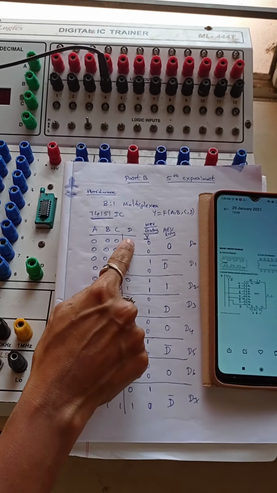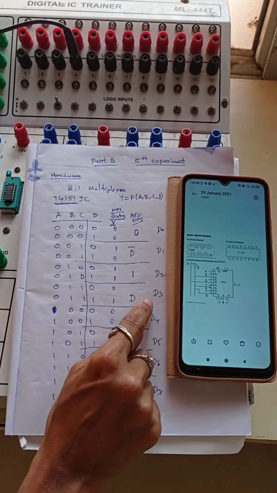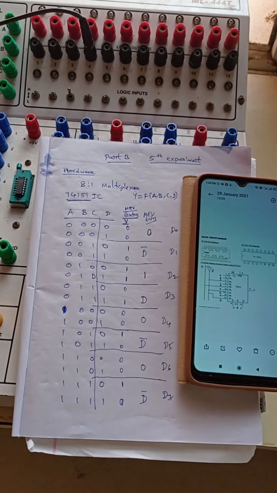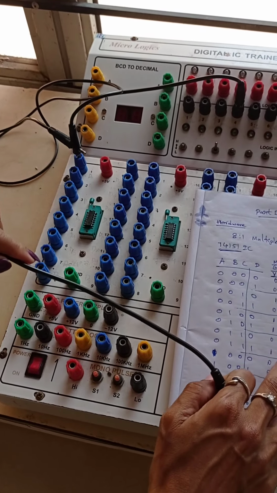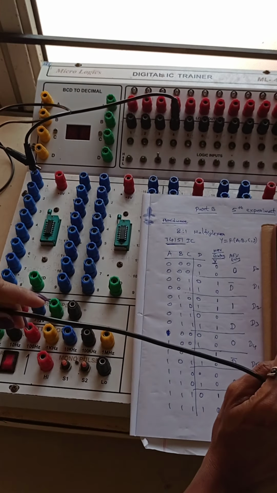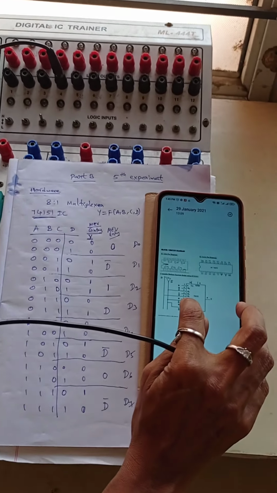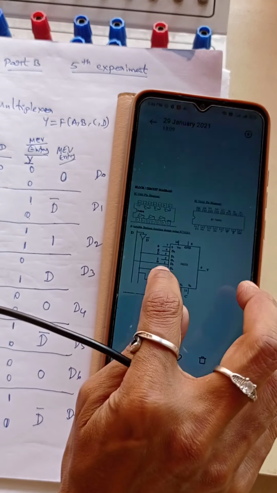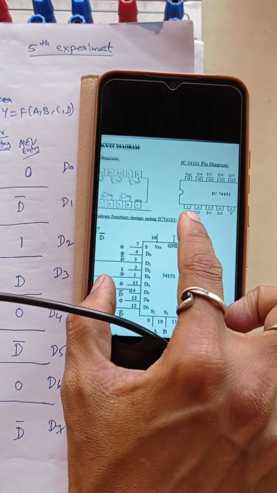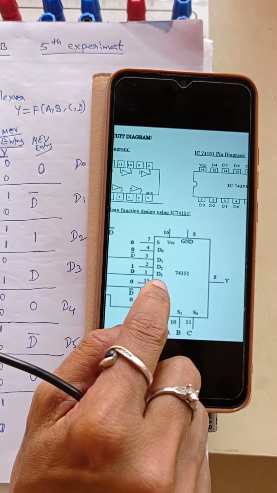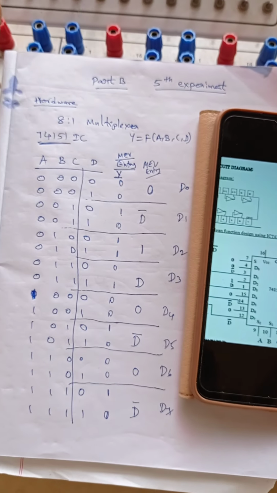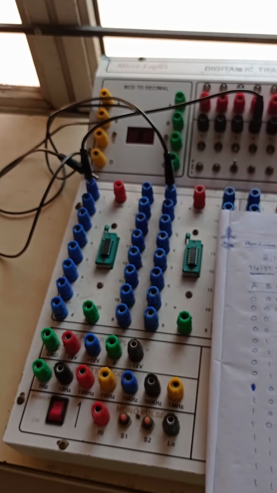Okay, according to the MEV, see this D, that is the same input D is applied for D3. D3 is pin number 1. Okay, D3 is pin number 1. So I am connecting to pin number 1.